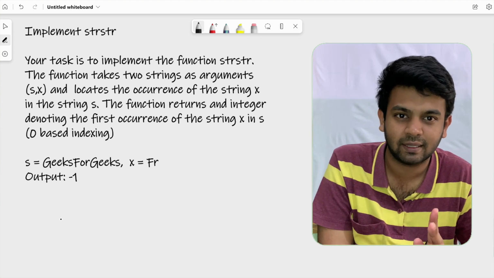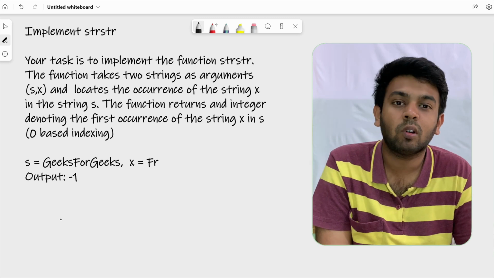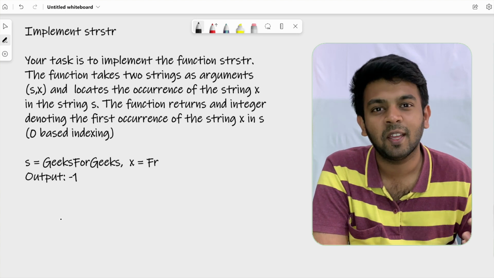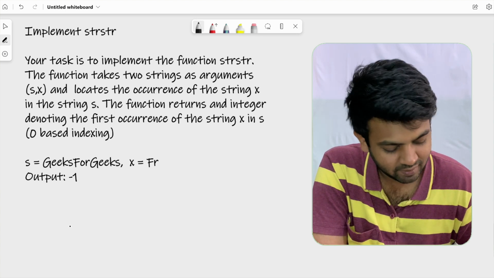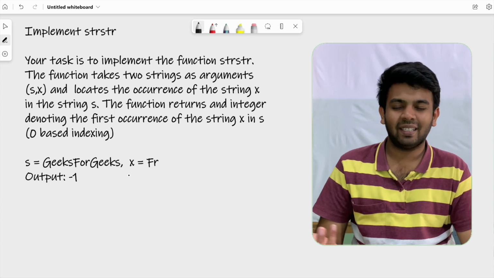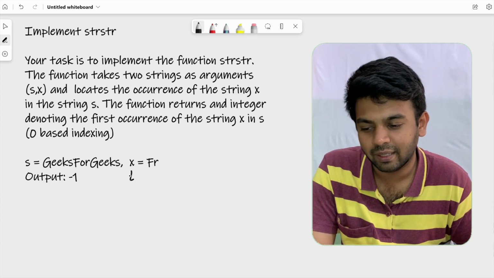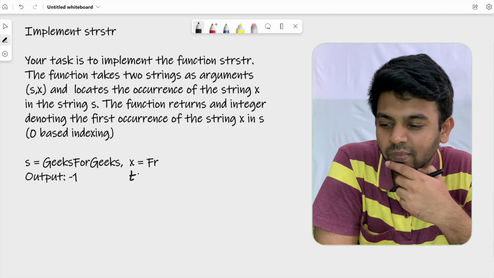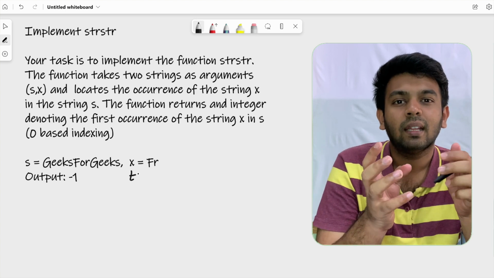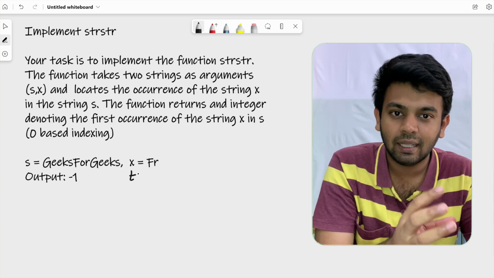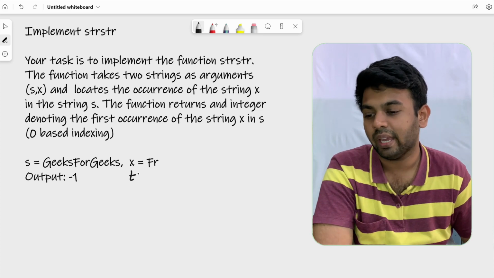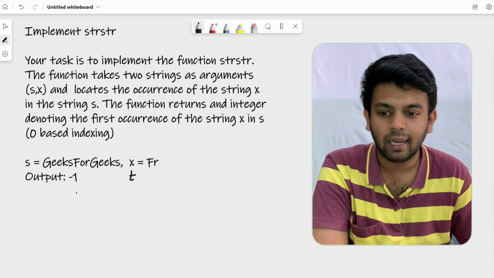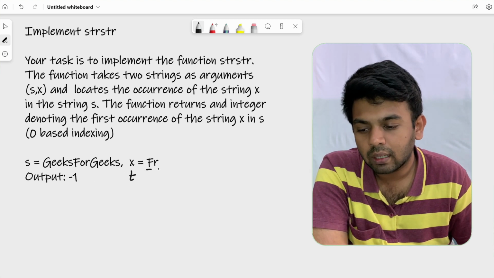We are given two strings, one is s, another one is x. The naming might be quite confusing. I don't know why they chose these two names, so let it be there, or maybe we'll call this t. So the second one is t. So we have two strings s and t, and you are supposed to find the place at which the string t occurs in s. In this case the output is -1, meaning that the string fr doesn't occur